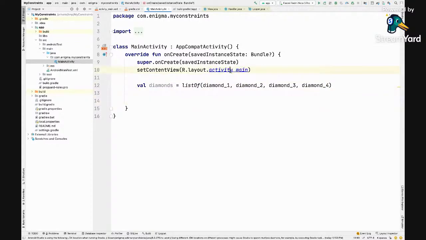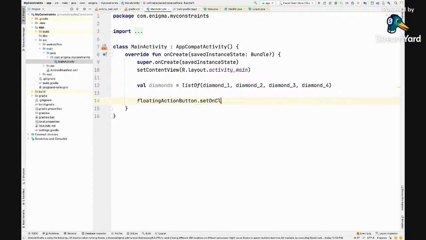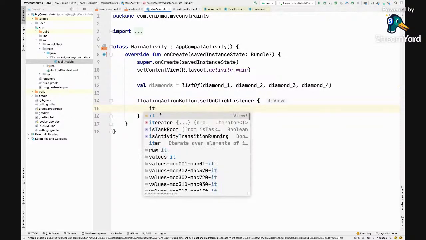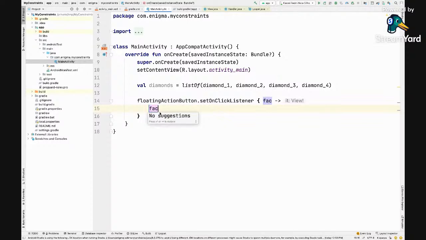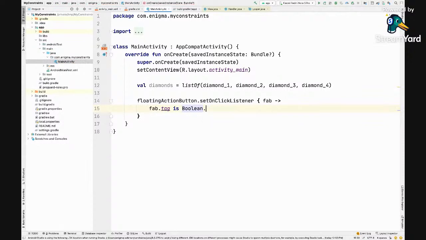You have the floating action button as well, so I'll take the floating action button, set on click, ab dot tag.